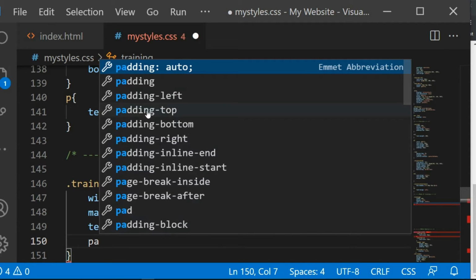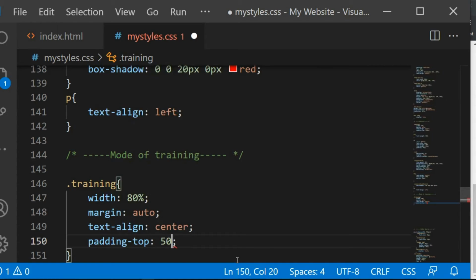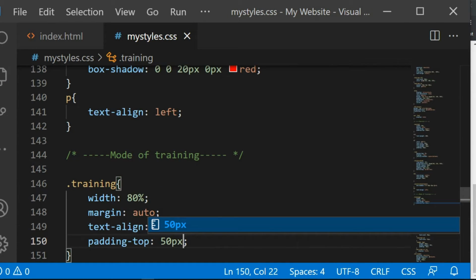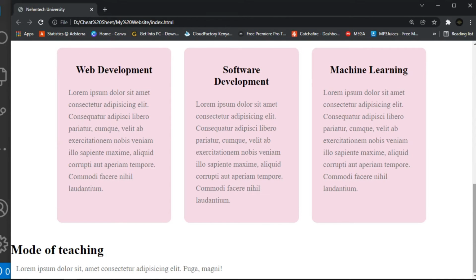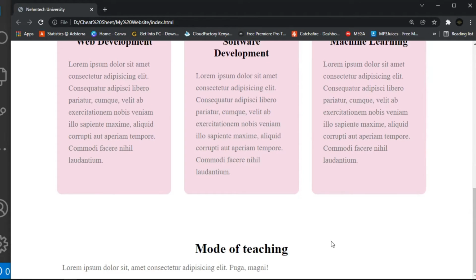So padding-top, I'm giving it 50 pixels, and then I save, and then refresh. Ctrl+R to refresh. So guys, you can see it's now